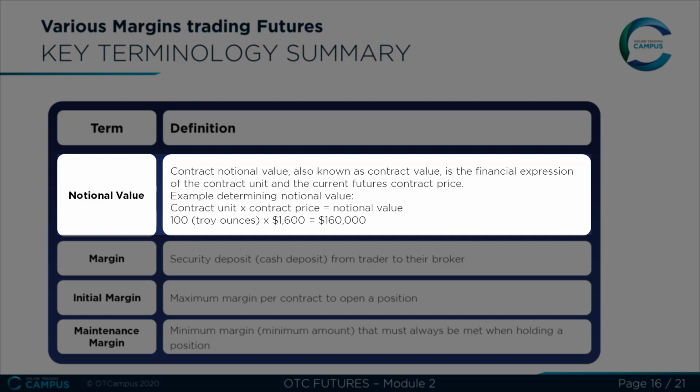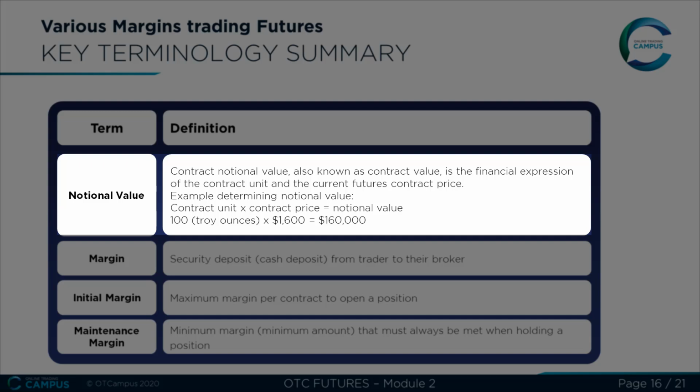Notional value. To understand notional value, you first have to know the contract unit. The contract unit is a standardized size unique to each futures contract and can be based on volume, weight, or a financial measurement depending on the contract and the underlying product or market. For example, a single COMEX gold contract unit, which symbol root is GC, is 100 troy ounces, which is measured by weight. A NYMEX WTI crude oil contract unit, which symbol root is CL, is 1,000 barrels of oil measured